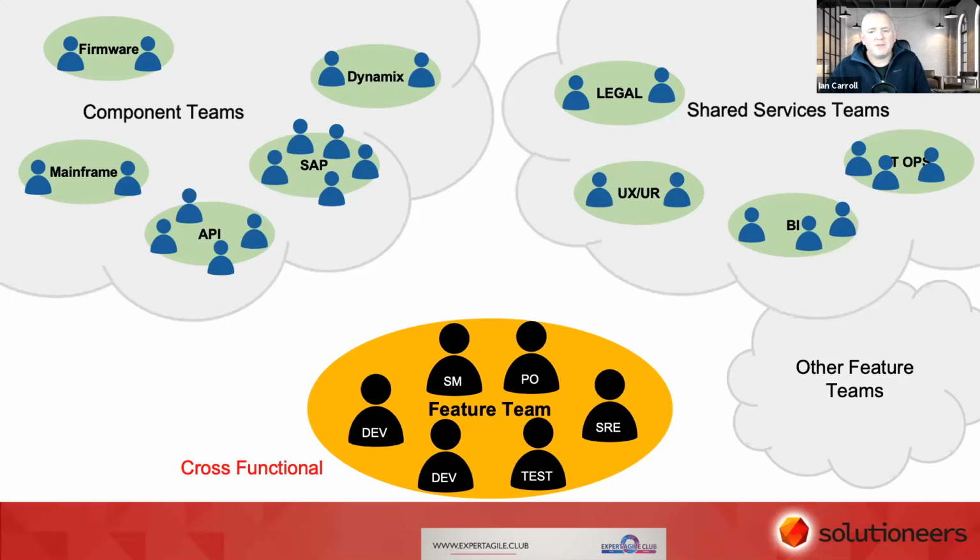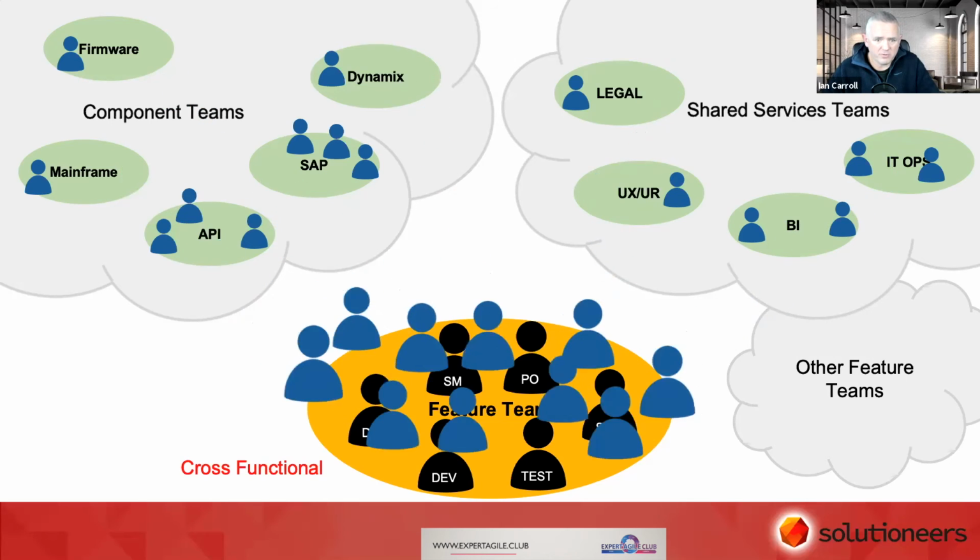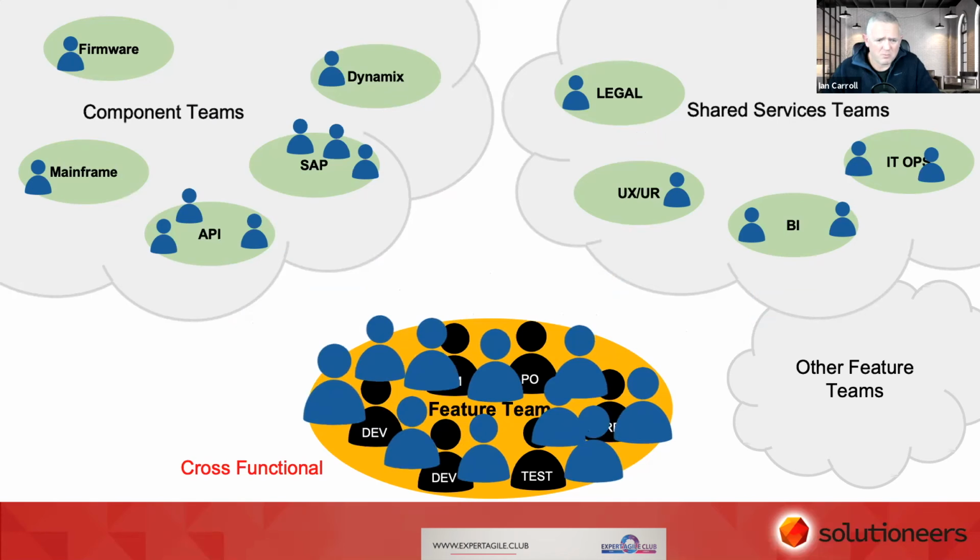Now, if we were to take the agile principle of create cross-functional teams, imagine taking all of these people and merging them all into here. We'd have one monstrous team, and it could be quite difficult to keep everybody busy. And also, what about the teams over here who now have fewer people because they're servicing their own demand from their own internal customers? So again, it doesn't always make sense to create cross-functional teams.